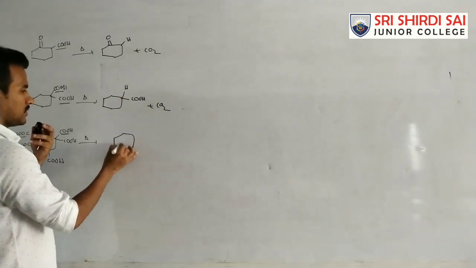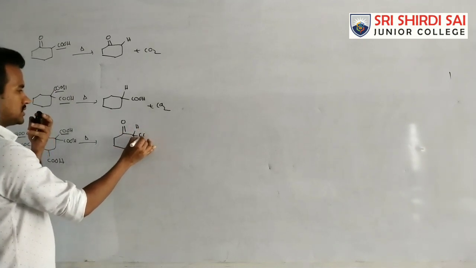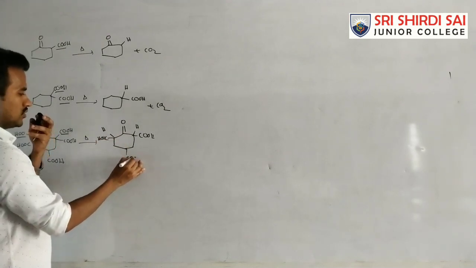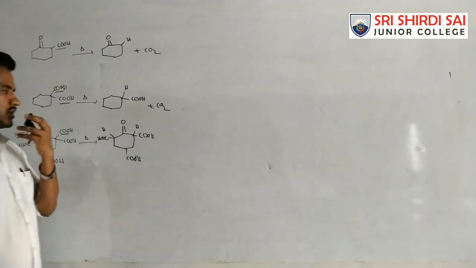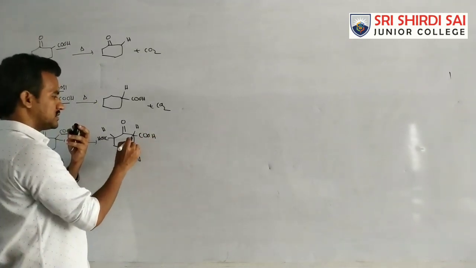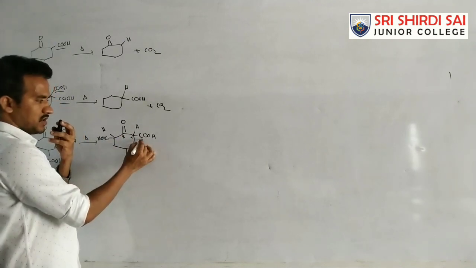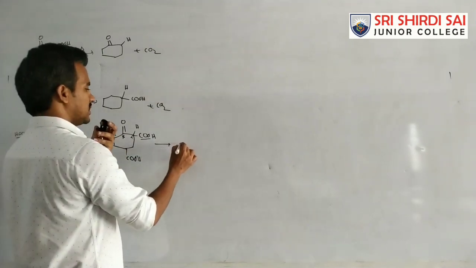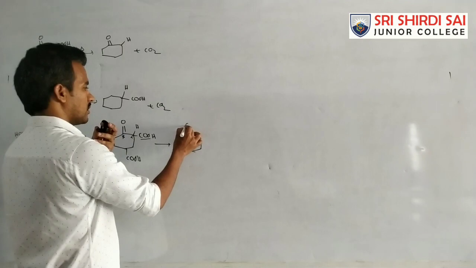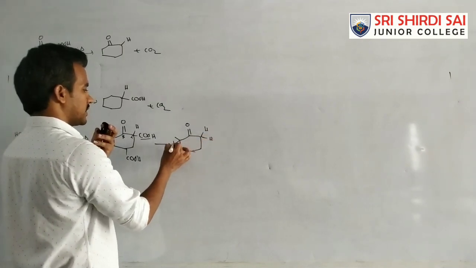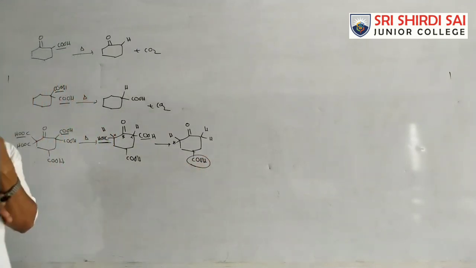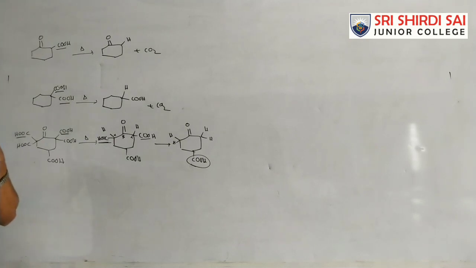So double bond O, H, COOH. Again here hydrogen, and COOH in this case. Next, again it is an alpha beta keto acid. This is a beta keto acid, and decarboxylation takes place. So again here decarboxylation happens two times, giving double bond O, hydrogen, this hydrogen and this hydrogen. This COOH remains the same because it is not in a proper position for the decarboxylation process. So these are some examples of decarboxylation.